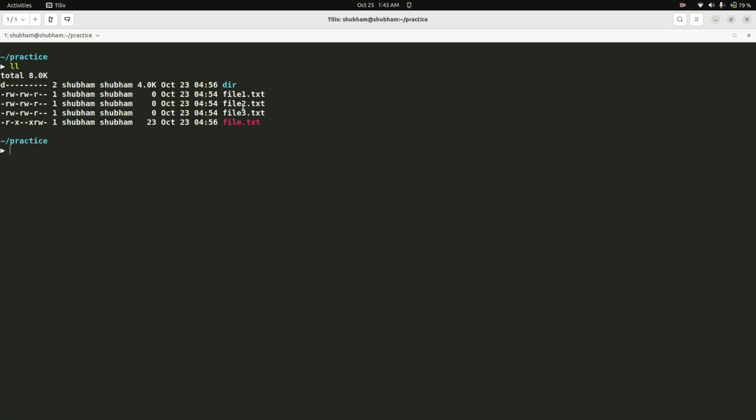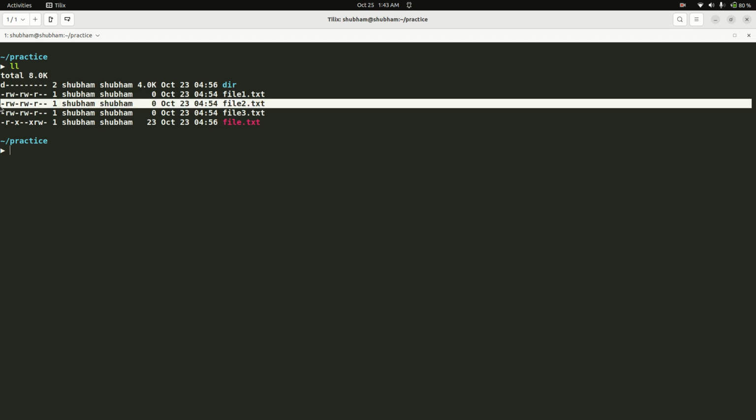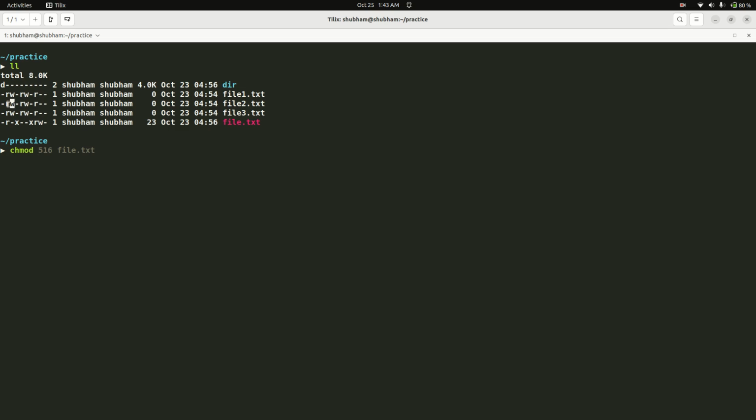Okay, now let's say we have to change permissions for this file too. So we want to only give the write permission, we don't want to give the read permission. So for write we will use 2. Then for this